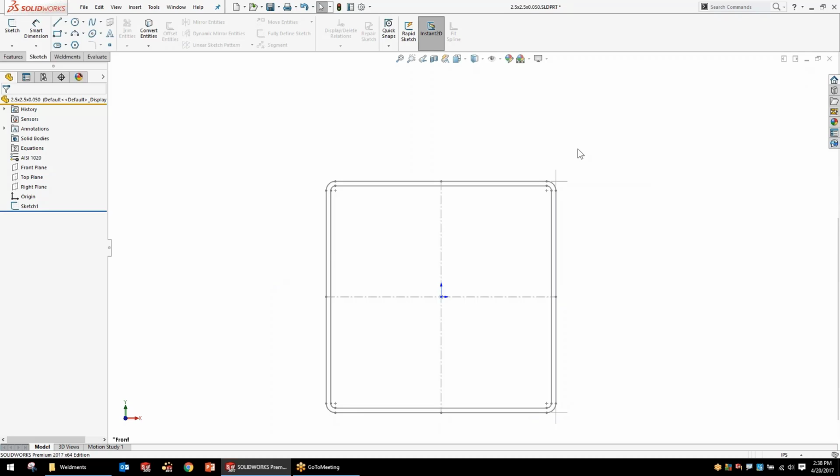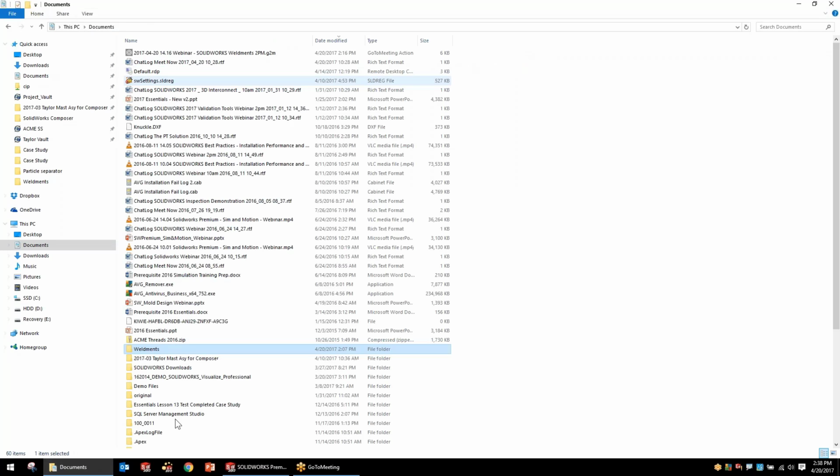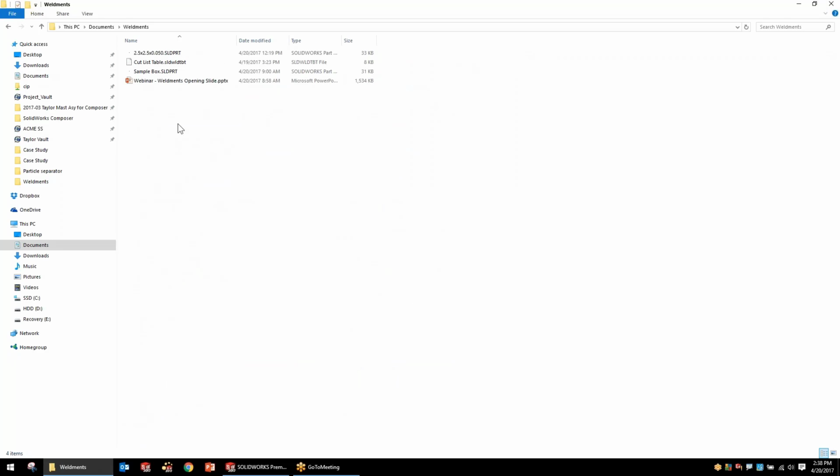We've designed the profile. Second step we're going to need to do, we're going to need to design where we put this profile. So here in my documents, I'm going to create a Weldments folder. This is going to be our top level folder where we're going to point SOLIDWORKS to look for weldment profiles. But if you remember correctly, when we were using the structural member tool, the next thing that it asked for was the standards. So under the